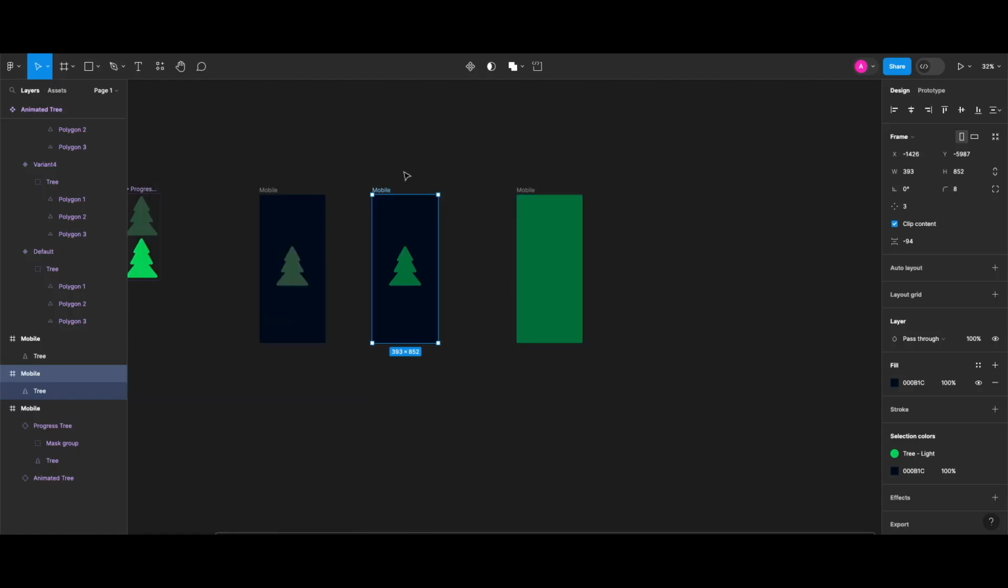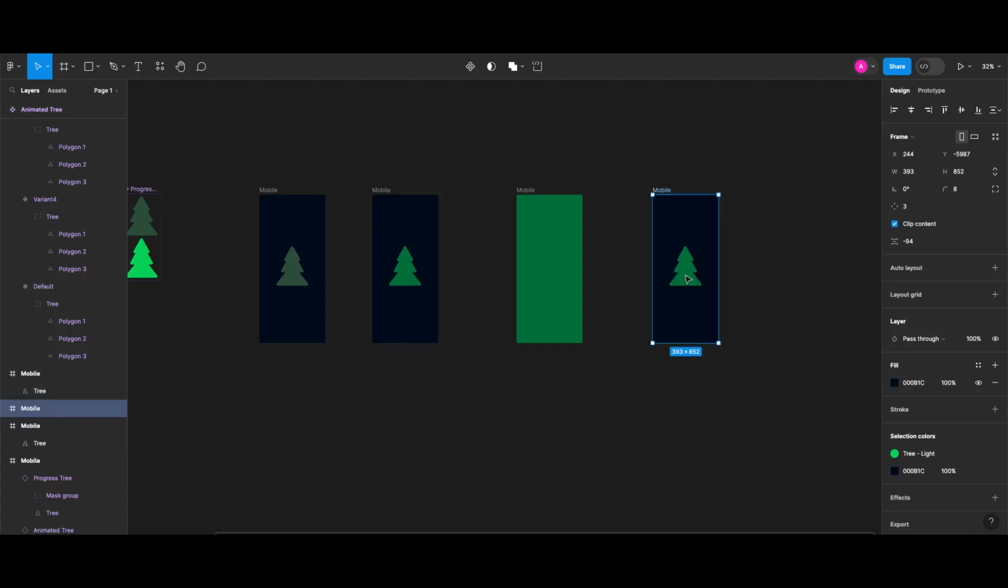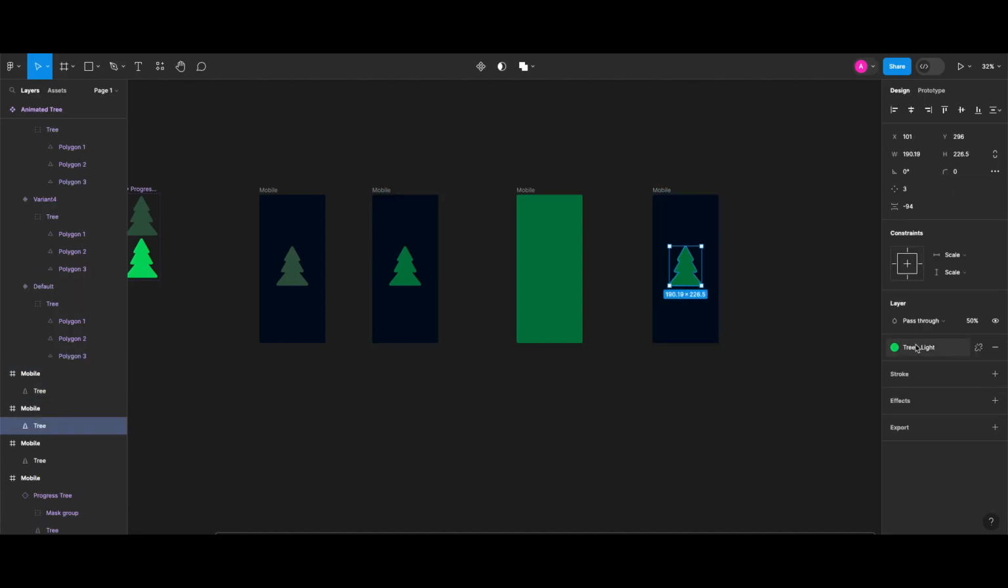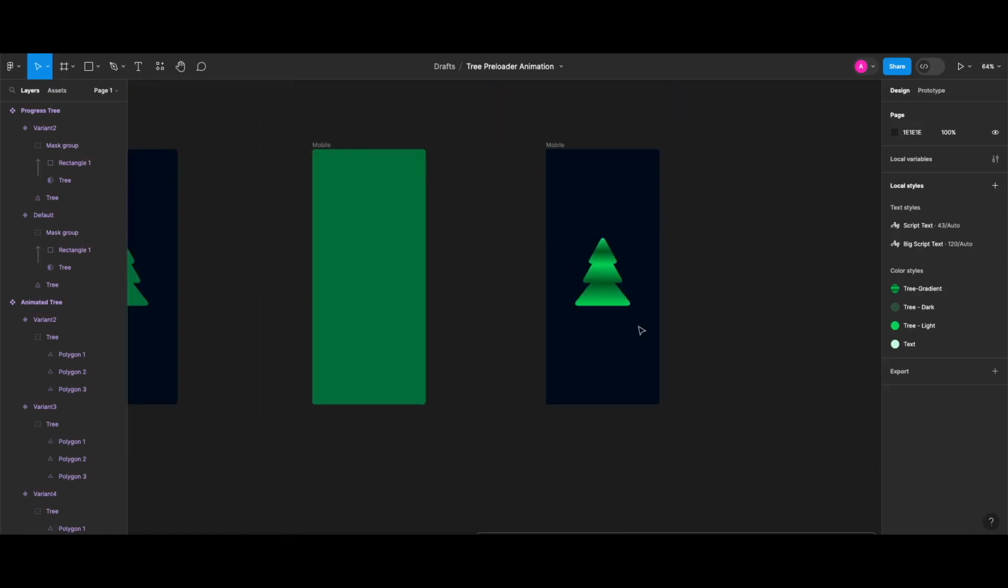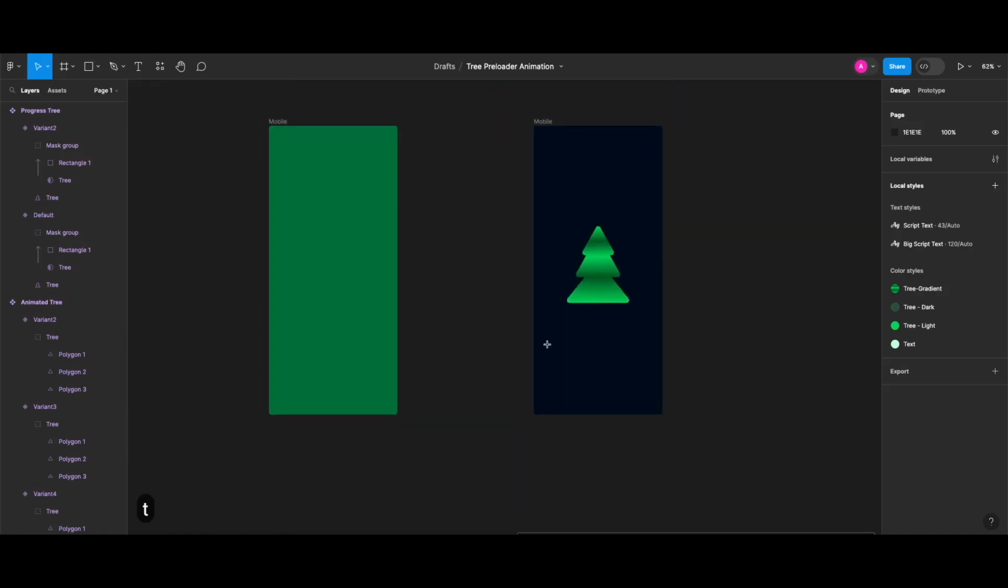Next, we're gonna create the static version of our tree with gradient. So I'm gonna clone the second frame, select the tree, and make its color style tree gradient and opacity 100%. And I'm gonna flip it horizontally to create a nice effect while zooming out from the zoomed in version from the third frame. In the last frame I created, I'm gonna create a text that says Happy New Year, and